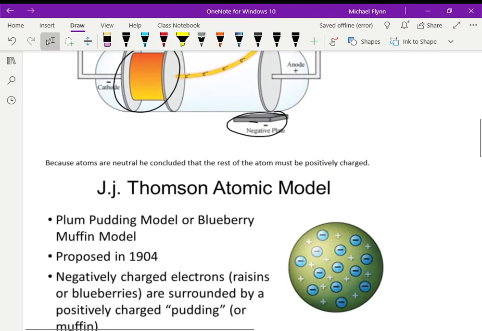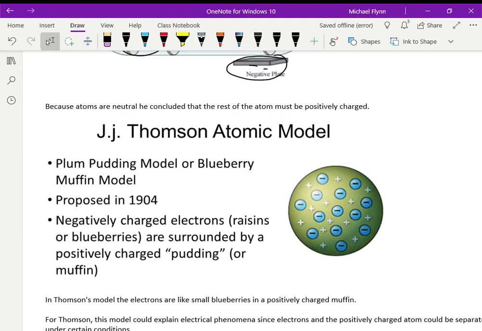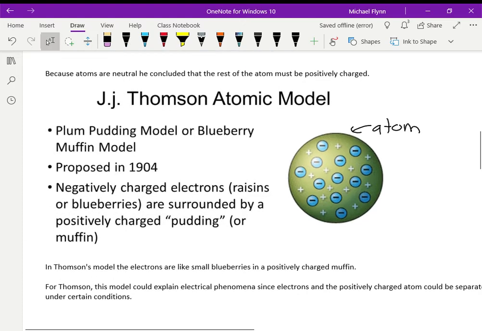Well, he came up with his atomic model, and I like referring to it as the blueberry muffin, okay? Or if you don't like blueberries, chocolate chip muffin. Okay, they called it a plum pudding model at the time, but that's a bit of a weird reference for us today. So let's go with the blueberry muffin. So this is an atom, according to Thomson. The blueberries are electrons. So electrons are those negative charges that he discovered, now called electrons, okay? Now they're like blueberries stuck in a positive